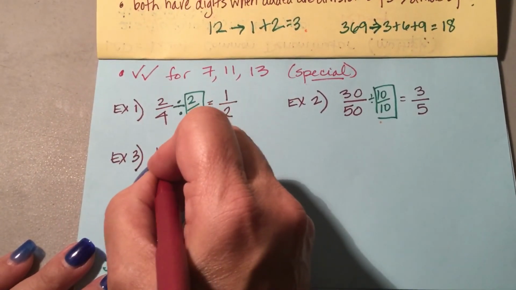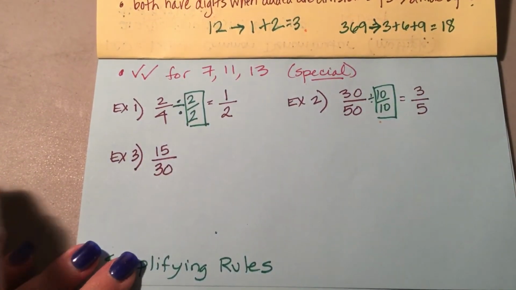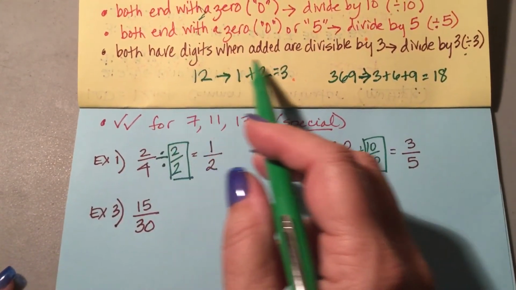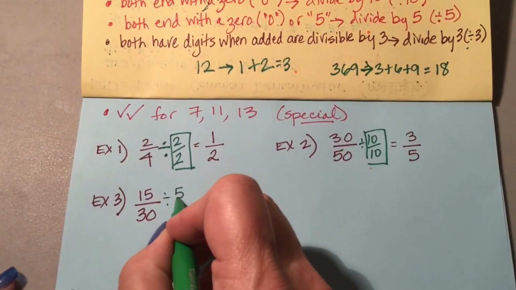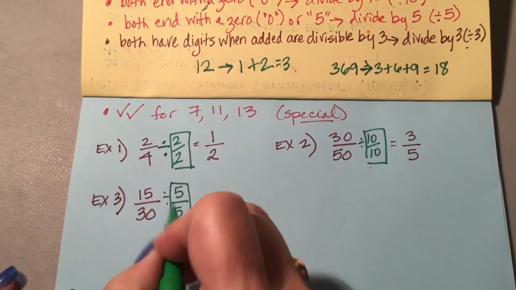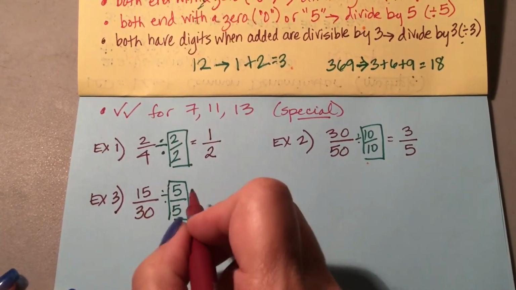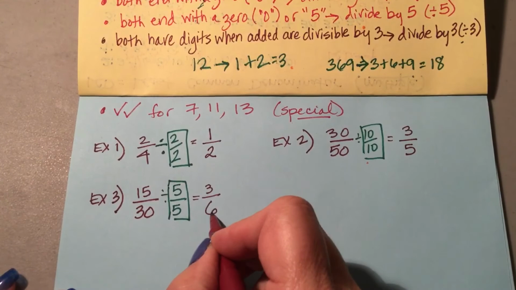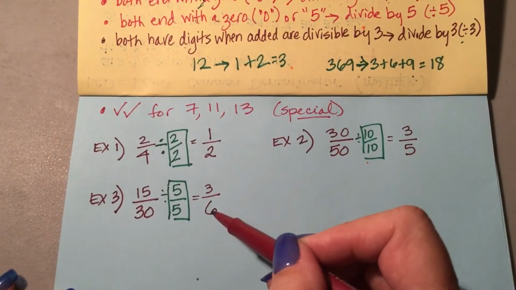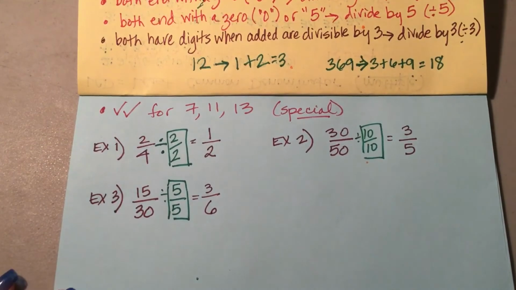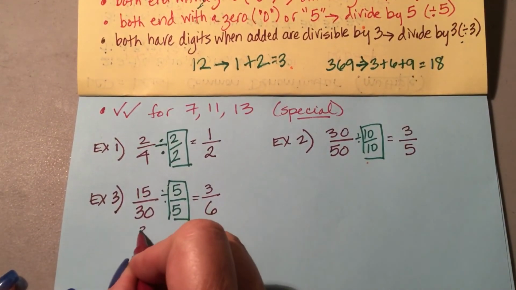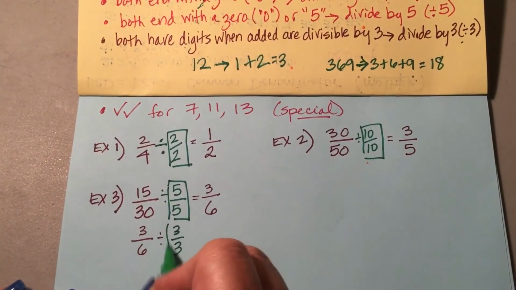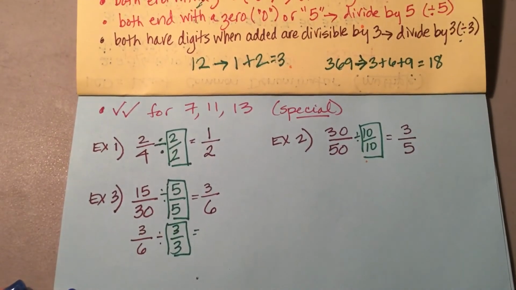This time I have 15 divided by 30. If we follow our rules, this ends in a 5 and a 0. For numbers that end with 5 and 0, we're going to divide by 5. So we're going to divide this one by 5. There's our fraction of 1, 5 over 5. And we find that 15 divided by 5 is 3, and 30 divided by 5 is 6. But this is still the fraction rule, right? These are both divisible by 3. 3 and 6 go into that, so we can continue to simplify, and sometimes that happens. We know 3 goes into both of those numbers, and so then we end up